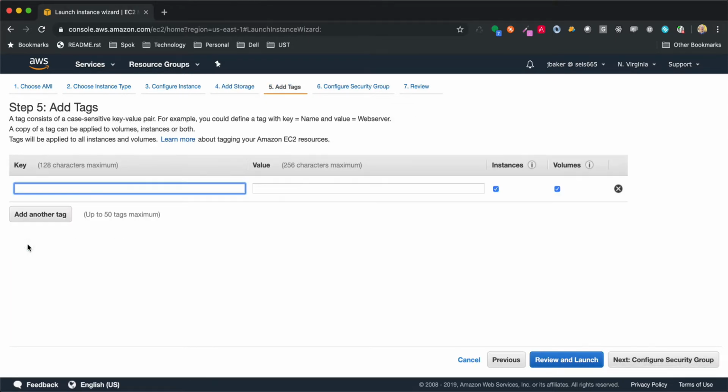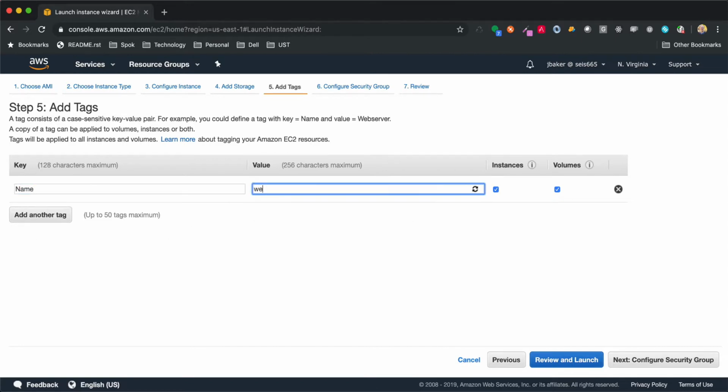I'm going to add a name tag and call it Web Server. You'll see that this particular tag will allow me to specify the name that appears in the EC2 instance dashboard, the name that's associated with the instance. Click Next, Configure Security Group,